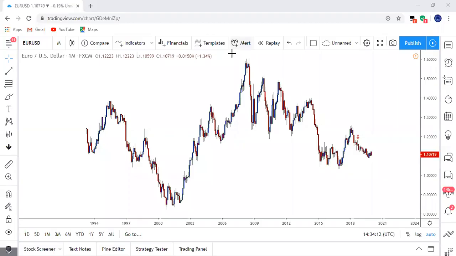Okay, so we're going to be looking at the Euro USD. I'm going to start by looking at it from the monthly. If possible, I'll go to the smaller time frames as well, but I'd like to really stick to monthly because I'm seeing more opportunities on the monthly time frame. Firstly,